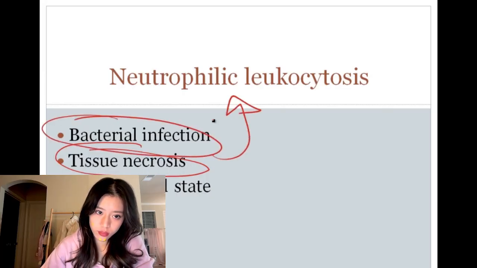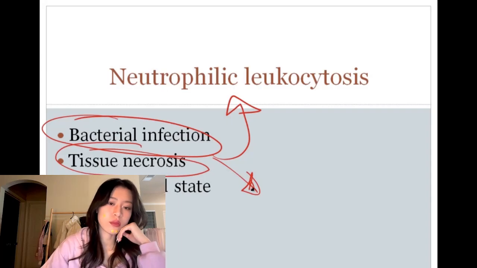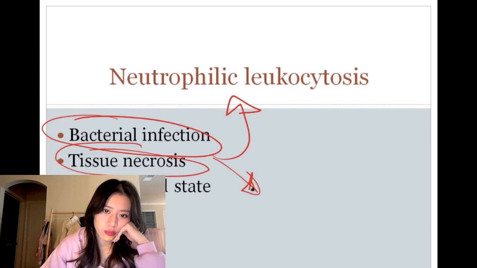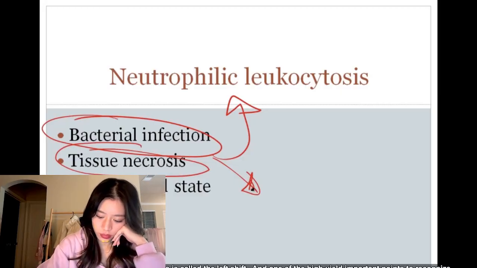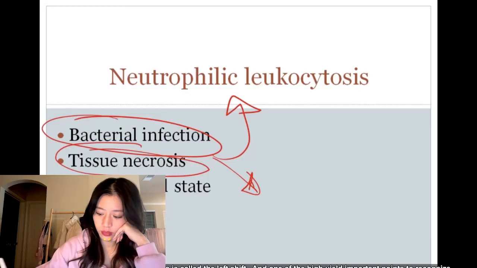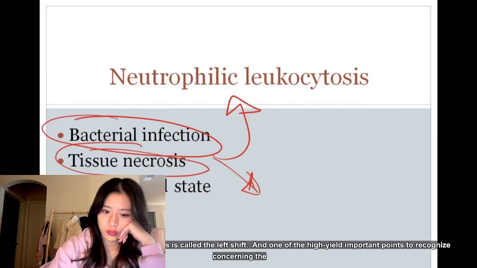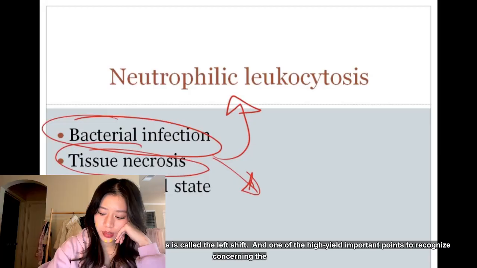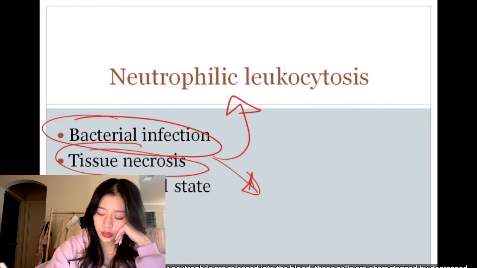Now, what I'd like to also highlight is that in these two circumstances, the bone marrow will be pushed to release as many granulocytes and neutrophils as possible. And so one way by which the bone marrow will respond is by releasing cells that are slightly immature relative to the mature neutrophils. This is called a left shift. And one of the high yield important points to recognize concerning a left shift is that when immature or precursor neutrophils are released into the blood,